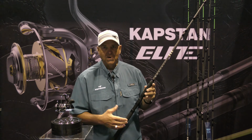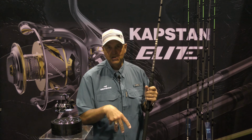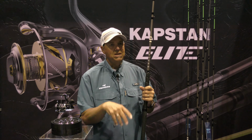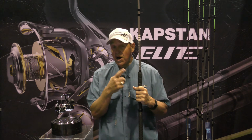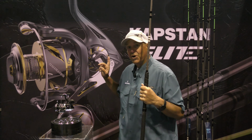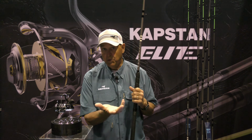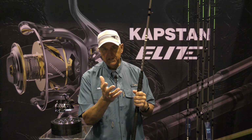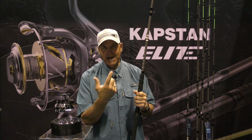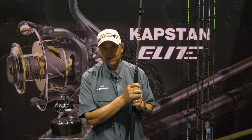So the Kong rods, whether you're fishing saltwater, freshwater, whether you're looking for a casting model for vertical jigging or plunking, spinning for casting big baits a long way. And by the way, this rod is going to be an awesome matchup with our new Capstan Elite spinning reel on the spinning models too, in both fresh and saltwater. But if you target big fish, fresh or salt, from Alaska to Florida, we've got a Kong rod that's going to be perfect in your boat